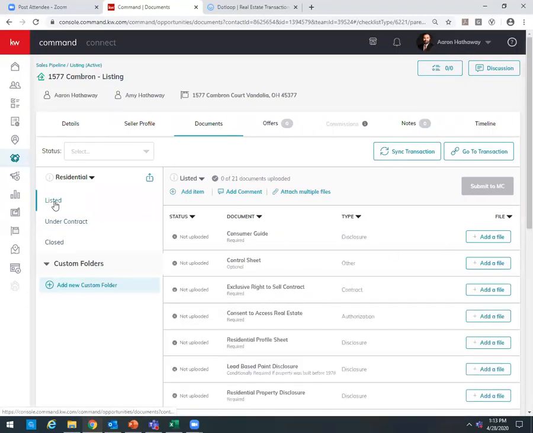As you complete the documents in each one of these, you're going to submit them to compliance. So once I have all my listing paperwork signed and loaded in here, I'd submit that to compliance. Under contract, same thing, and close is the same thing. On the